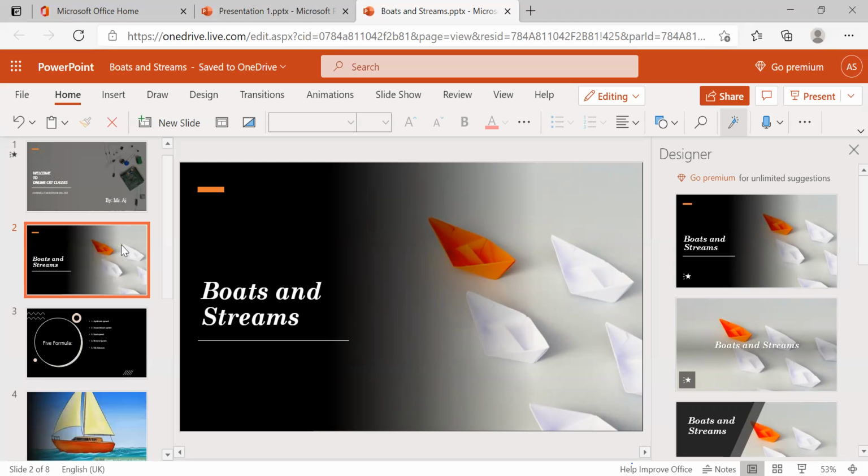Here, instead of speed and distance, we'll have some new terms. So we'll now see the basics of boats and streams: what is the introduction, what are the basics, and what are the formulas we are going to use to solve the problems in boats and streams. First, we'll find out the formulas.